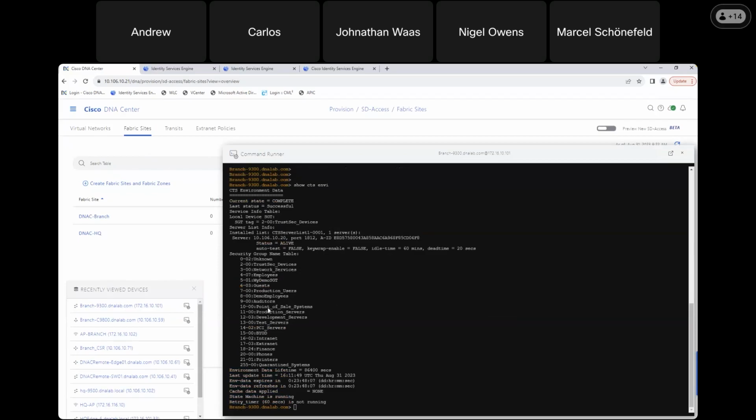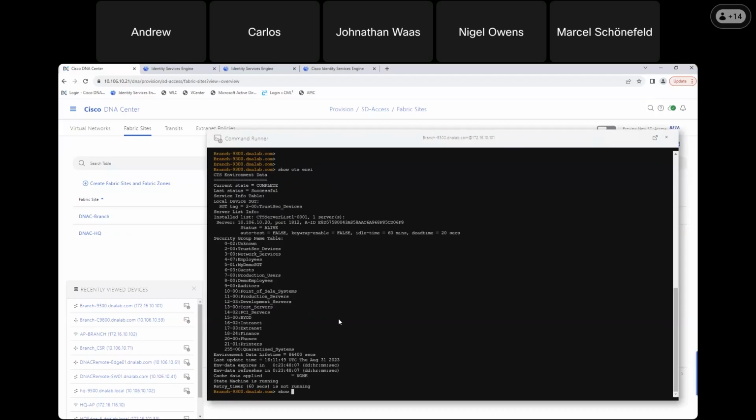This is just saying that these are the SGTs that it has awareness of. So we're linking the tag ID with the actual name. I'd give it another, there we go. Take a look at